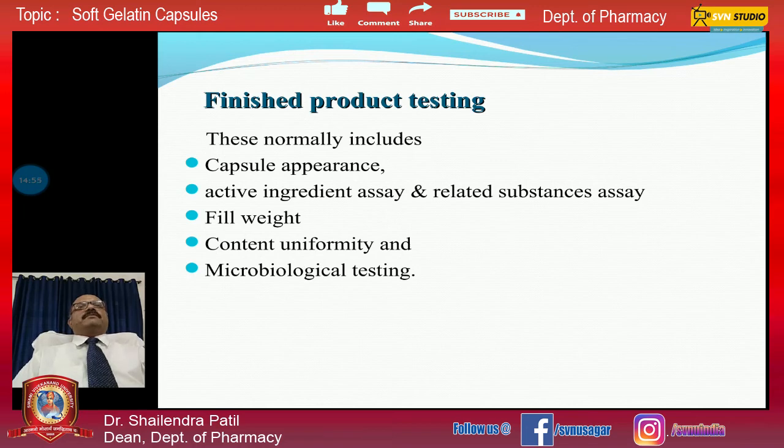Now talking about the finished product testing, which normally includes the capsule appearance, active ingredient assay and related substance assay, filling weight, content uniformity, and microbiological testing. These tests are to be performed, and this will give the final shape to your